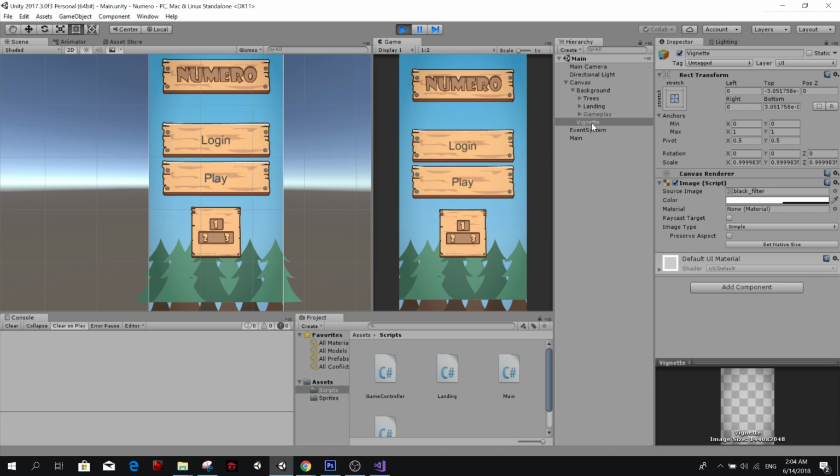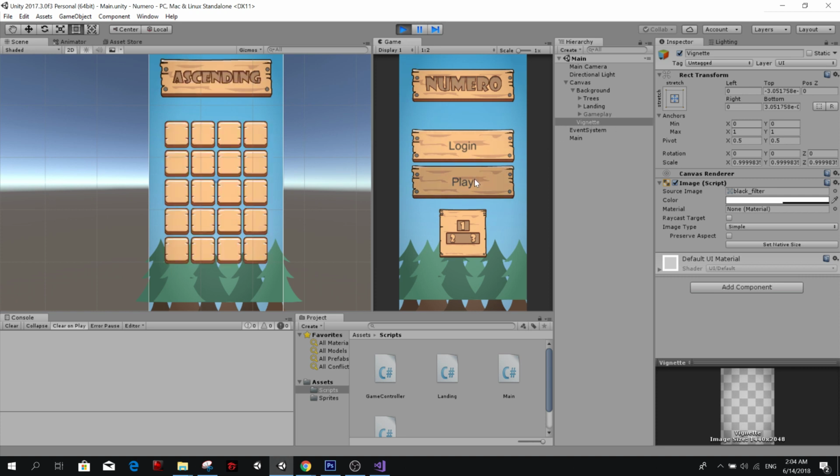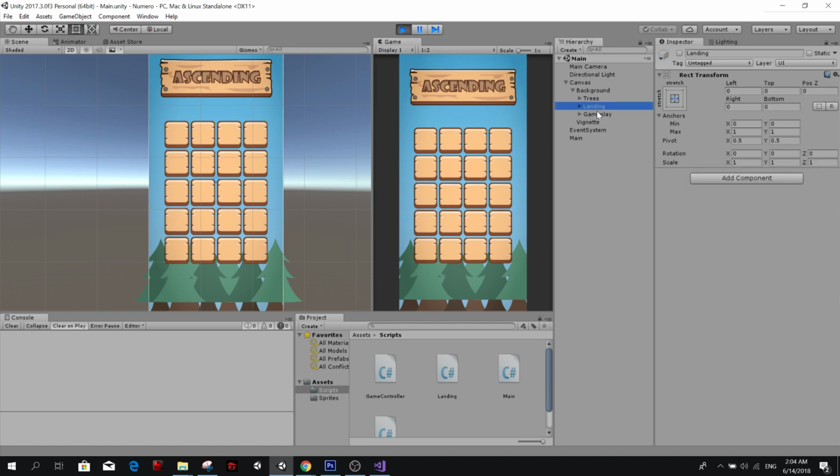So gameplay turns off. If I press play, landing turns off and gameplay turns on. And there should run our game behavior, which would be like ready, go, and then the numbers appear and you can start hitting on numbers and cracking the blocks.